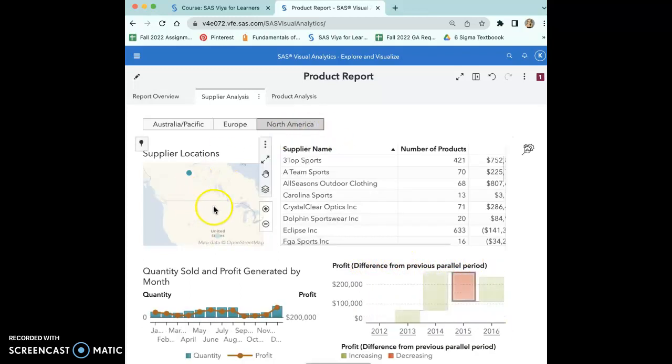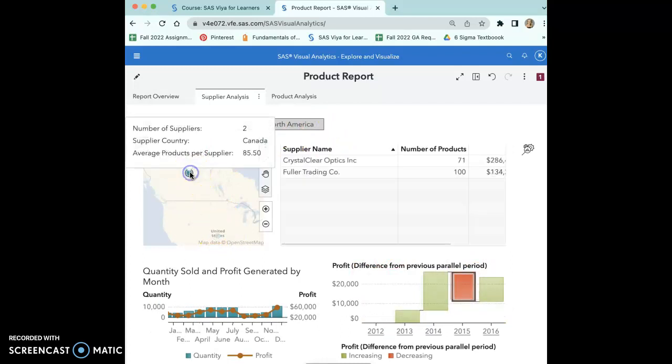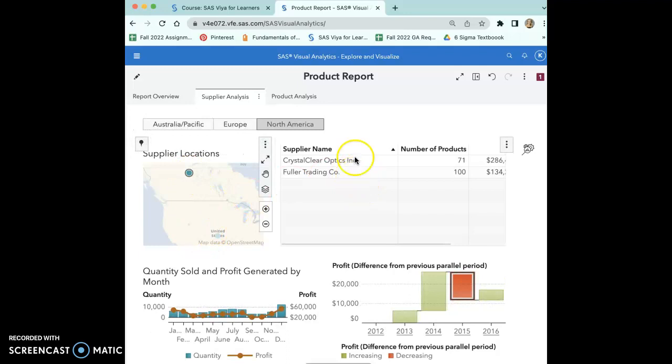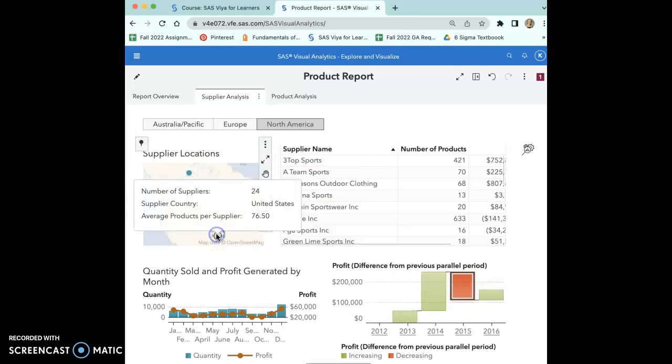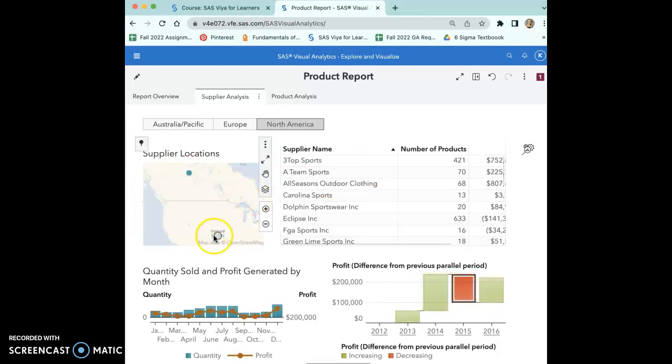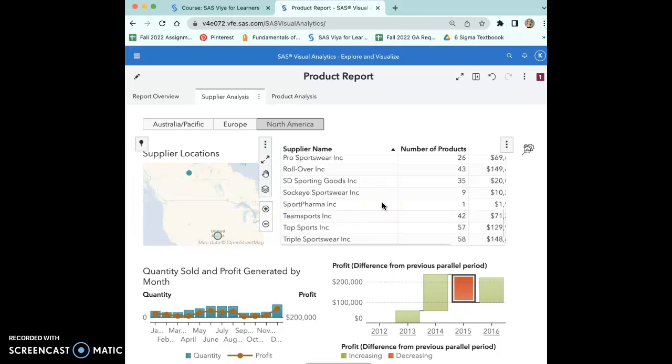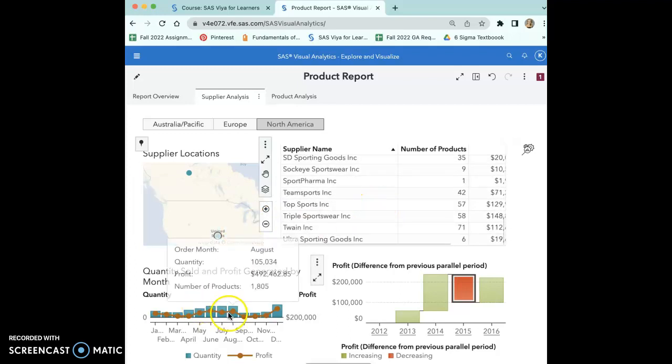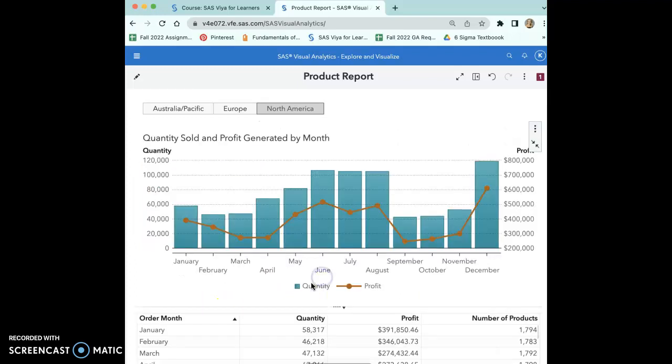So then North America, we can see that this is the United States and this is Canada. So if we click on that, Canada has 2 suppliers. The US has 24 suppliers, as we see in the top of that box. These are all of their suppliers. We can maximize this to see that